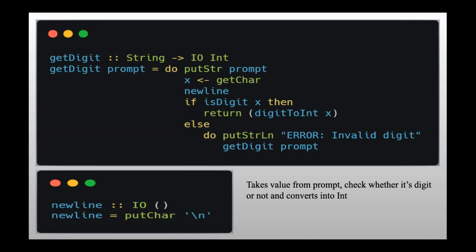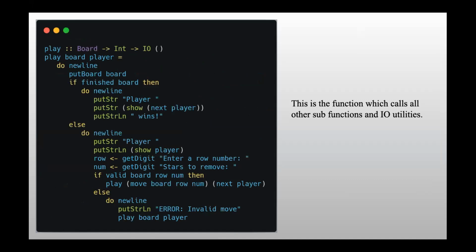So we have seen utility functions, game utilities and IO utilities. Now, combining them all together, we will create a new function for each turn. That will be called for each turn. So here, play is a function which takes a board as an input and the player who is playing initially, the player